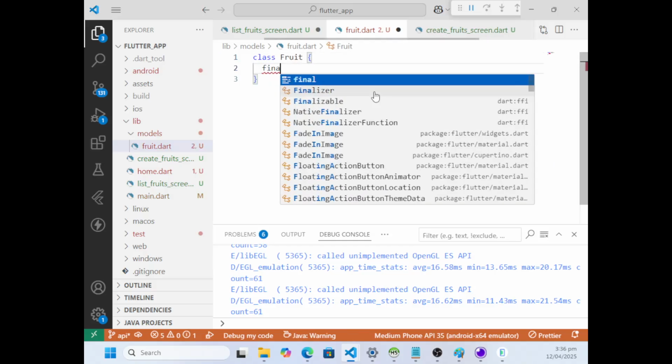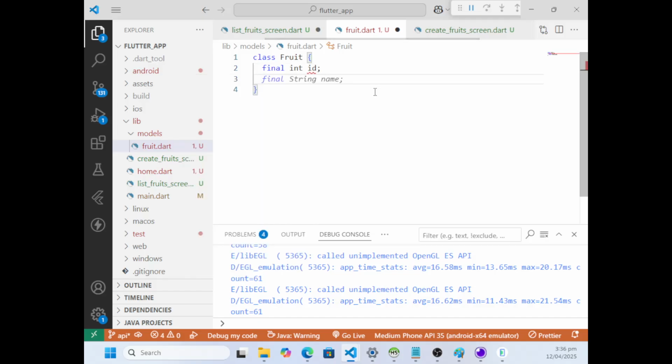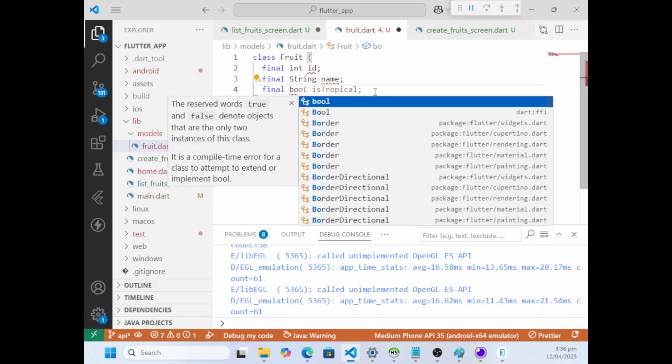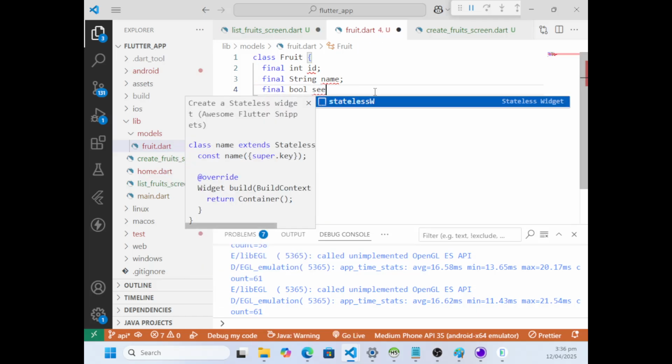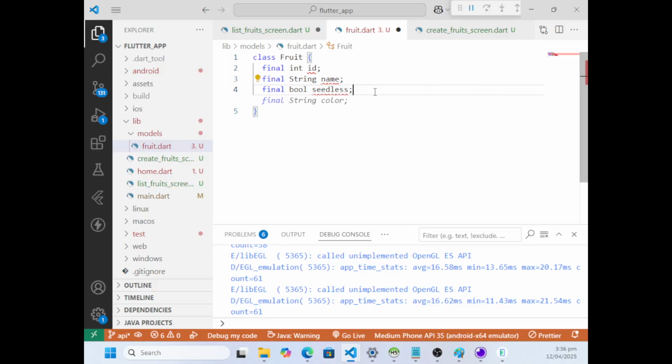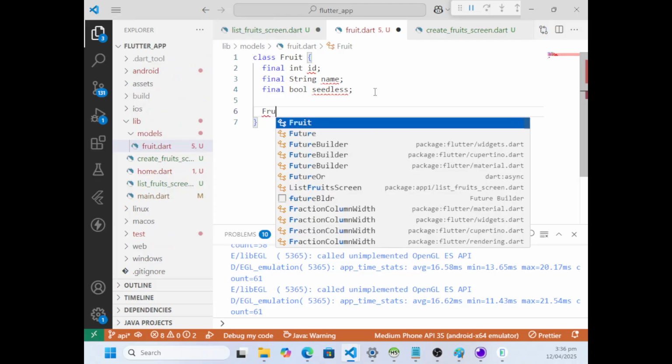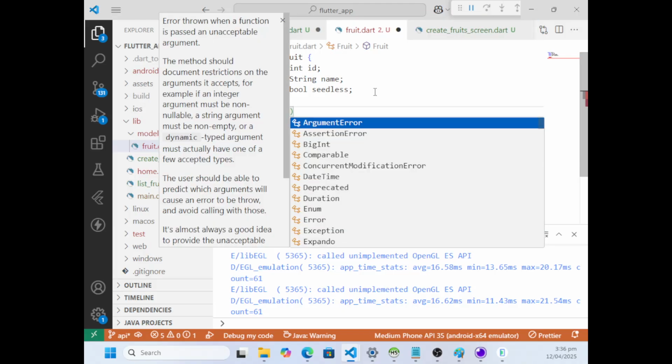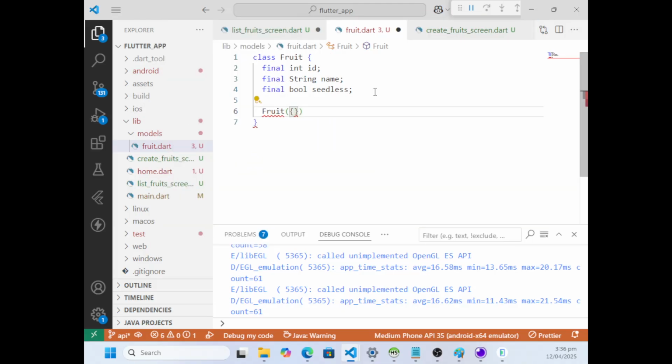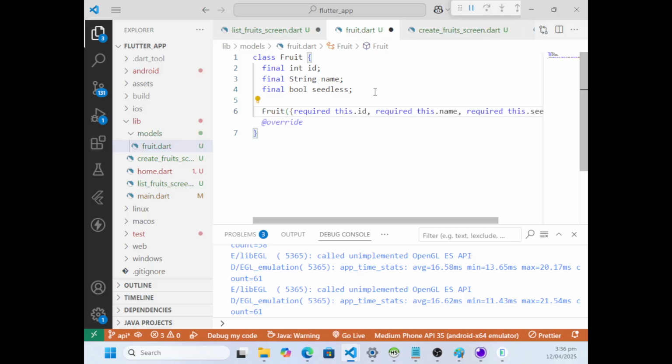Final int id, final String name, final bool seedless, just like that. And then let's create a constructor Fruit using the named parameters, required this.id, required this.name,